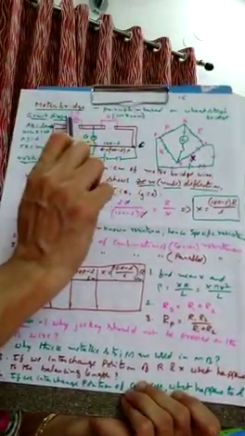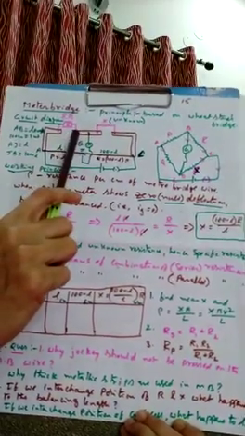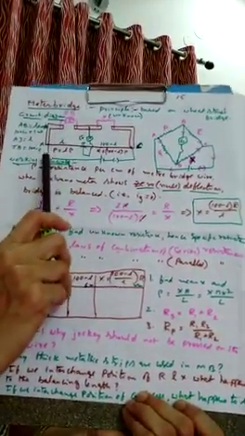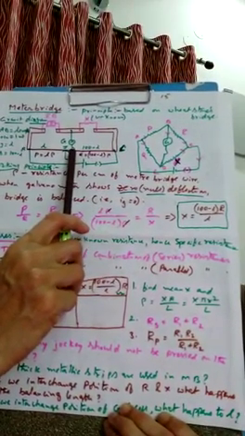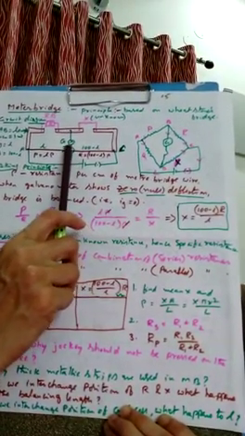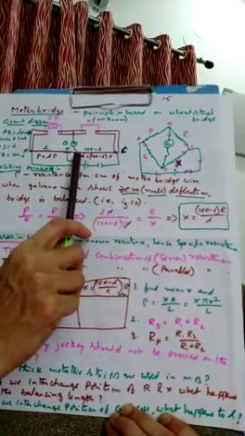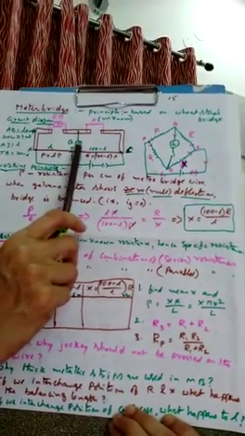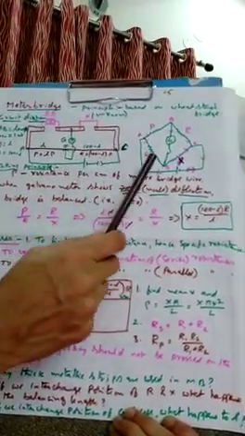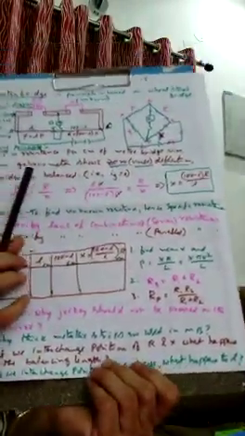First what we have to do, you take the resistance box here, pluck out 0.1 ohm and slide the jockey on the wire. At a particular length, you know what happens? The galvanometer shows null deflection. Measure that length. Okay, the R value you know and the L value you know. X we are going to find out. You know 100 minus L; if you know L, then 100 minus L can easily be calculated.